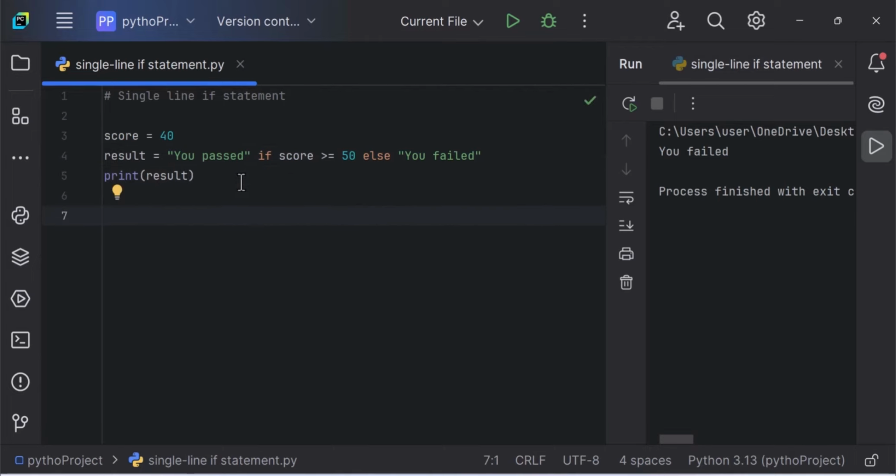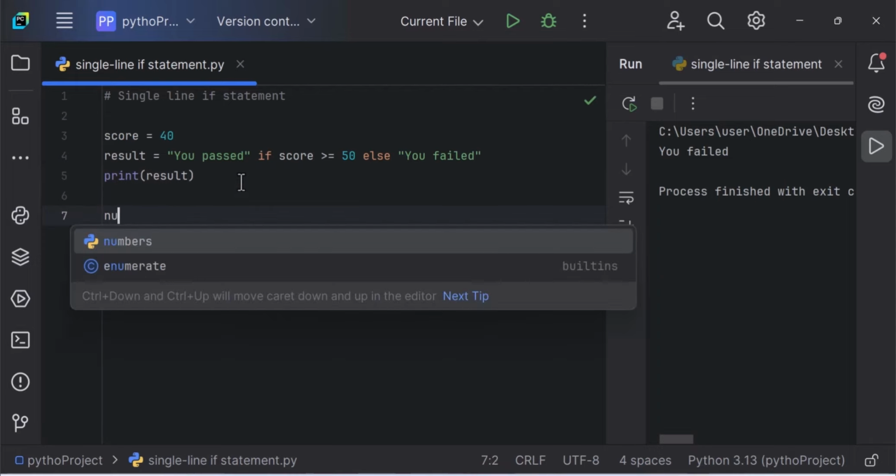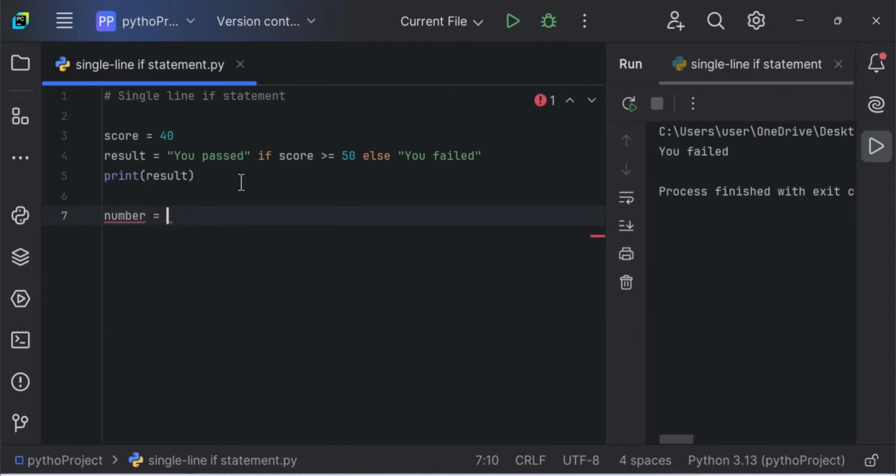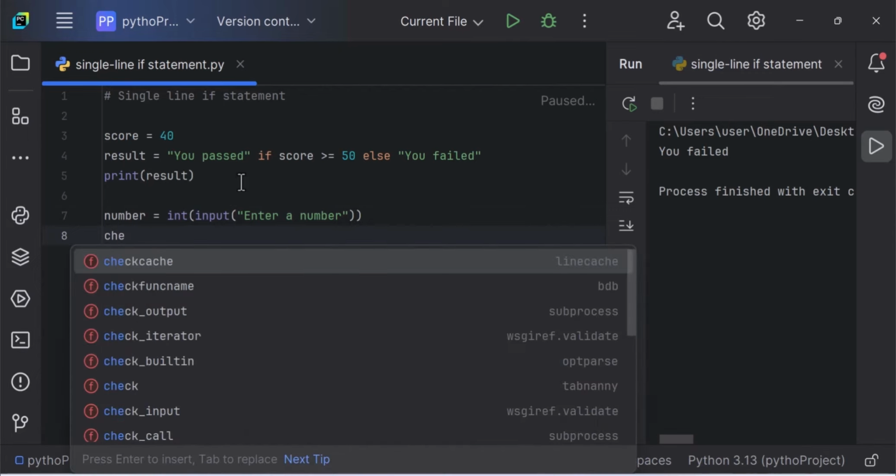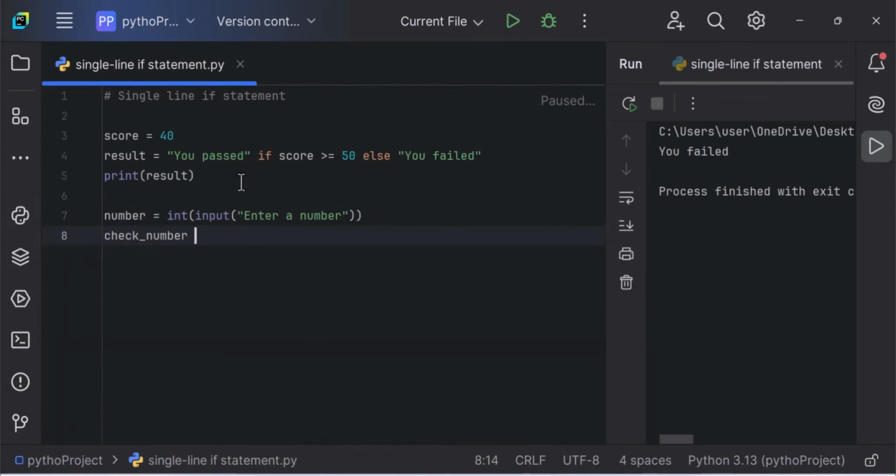Let's determine if a number is positive, negative, or 0. Let's declare a variable number equals, and let's take the number from the user and we convert it to integer first, int, then take the input, enter a number. Now let's test. We want to declare a variable to store the result of the condition that we want to test. So